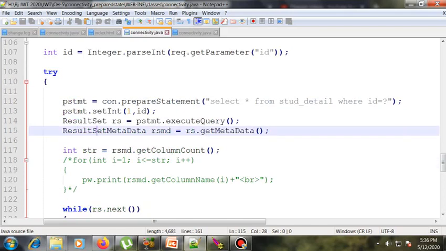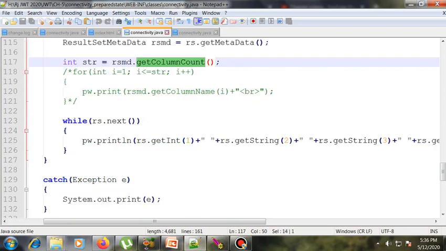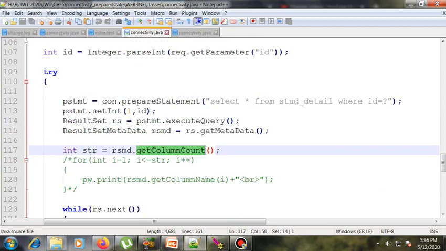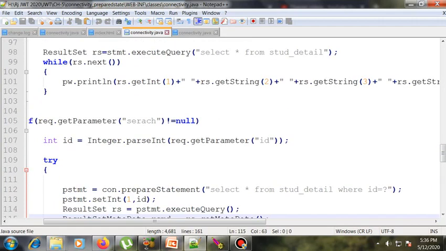It is not compulsory or necessary. You can also use the result set as we used previously, but if you want to check the total column count, you can use the result set metadata to get the column count.